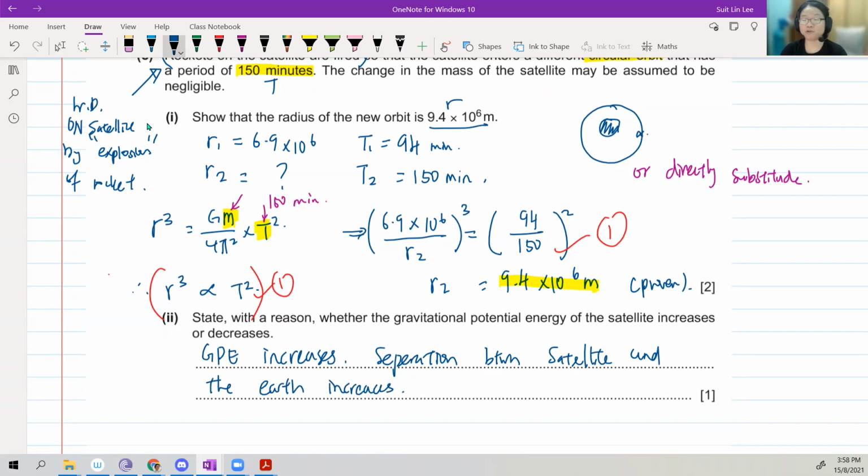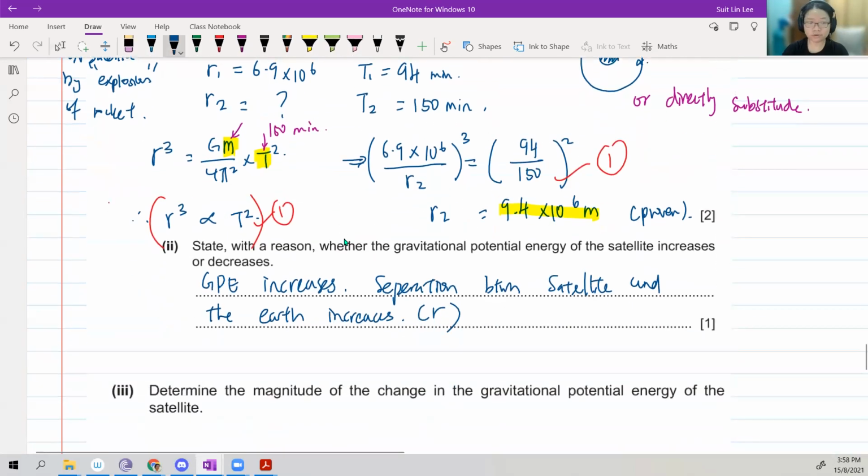So just to be safe, don't just say because R increases, explain what R is, which is the separation between the satellite and the Earth. Okay, or another allowed explanation would be, you mention something like the satellite moves against